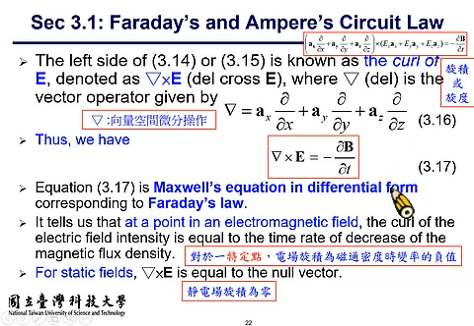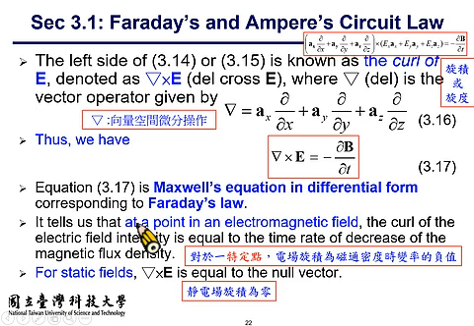All right, so equation 3.17 is the Maxwell equation in differential form corresponding to Faraday's law, 法拉第定律的微分形式，请把它记下来。